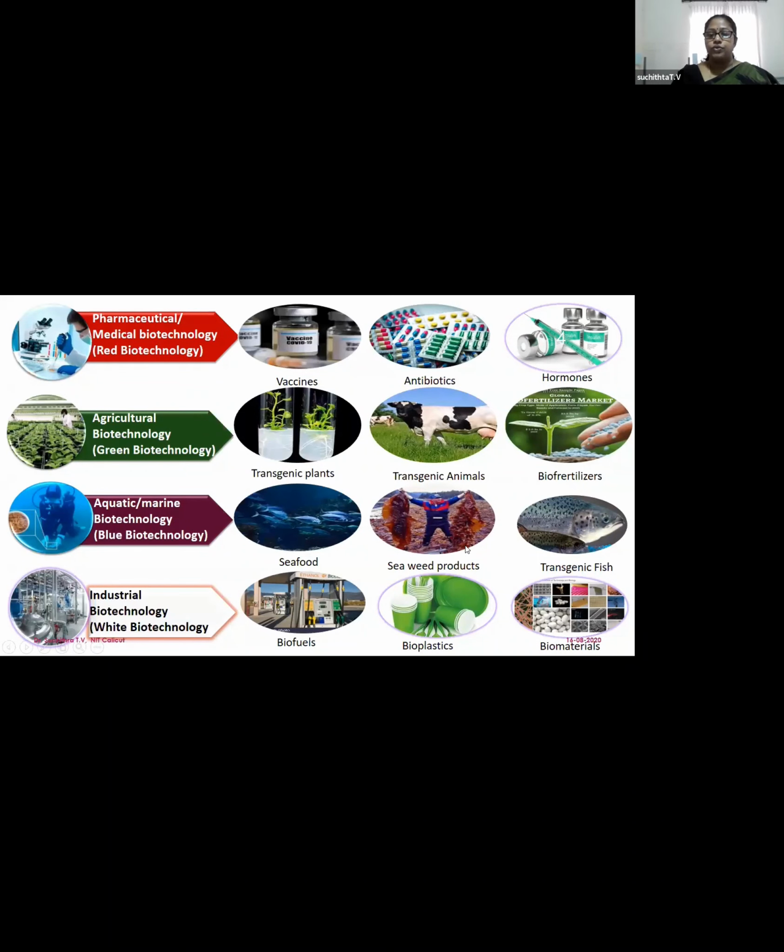Bioplastic we can produce, and many other cosmetics items we can produce from aquatic seaweeds or other algae. Then next is white biotechnology, industrial biotechnology. In this one, we can industrially produce different compounds. Not only compounds, there are different materials, biomaterials, for example, nanofibers, nanocellulose, or biocellulose, like that. That we can use for that